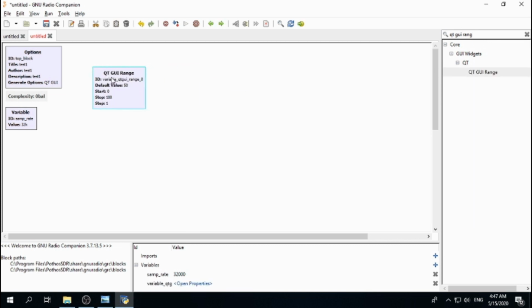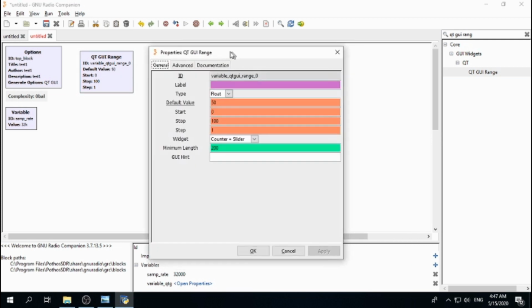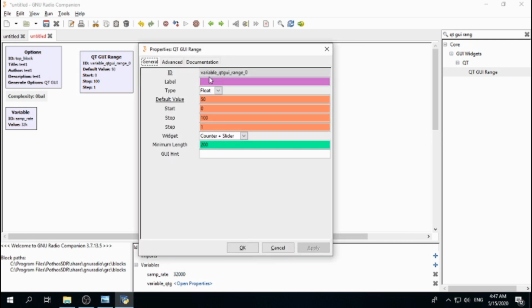Okay, QT GUI Range. Right now we need to make sure these values. This is the ID of this block, variable QT GUI range 0, and let's label it frequency,